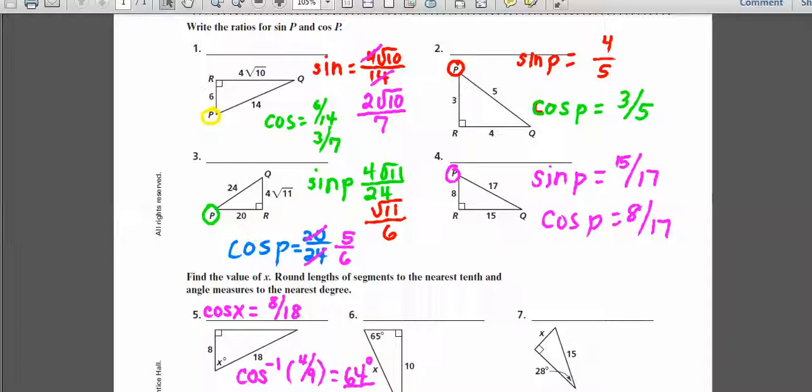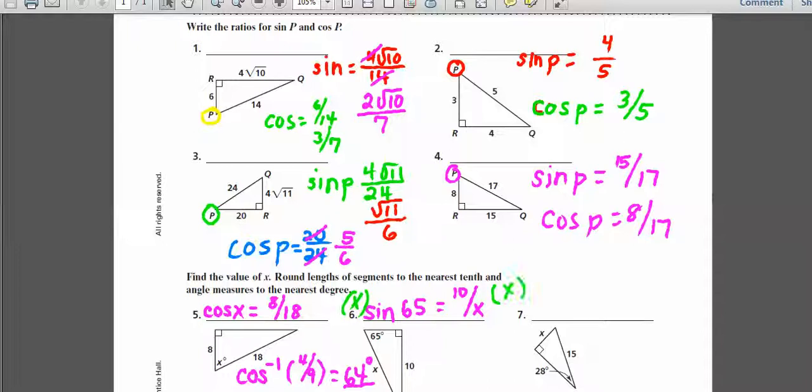Okay, over here we're going to find a hypotenuse right here. I'm going to find this x, and so looking at that, I can see that I've got an opposite side and a hypotenuse. That's going to be my sine. Okay, so sine of 65 degrees is equal to 10 over x. Now what I can do is I can go ahead and multiply both sides by x, and I'm going to get, you can kind of see that over here. So multiply the left side by x and the right side by x,